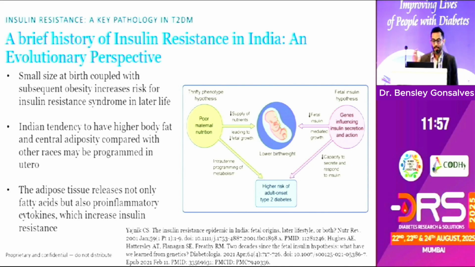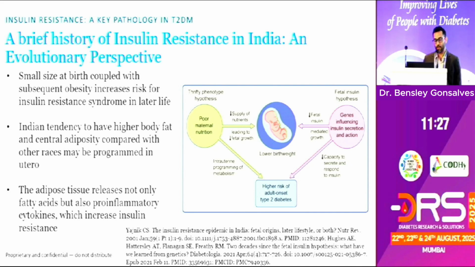When a mother who is poorly nourished during pregnancy tends to have an underweight baby, and that baby, once grown into an adult, is exposed to high calorie and refined food, these babies who are born underweight to an undernourished mother may develop type 2 diabetes